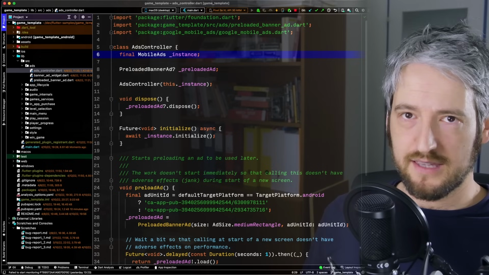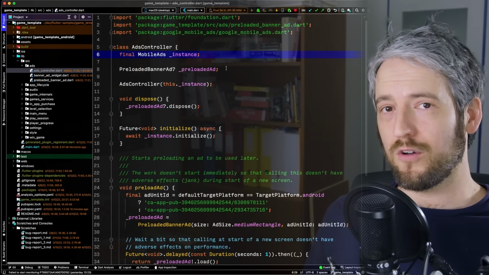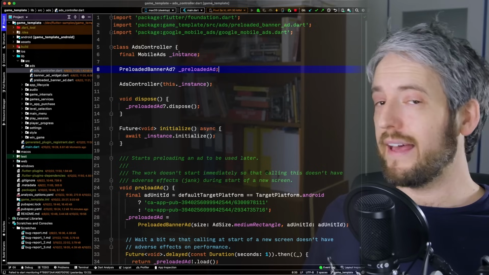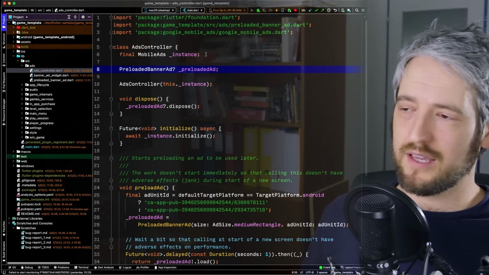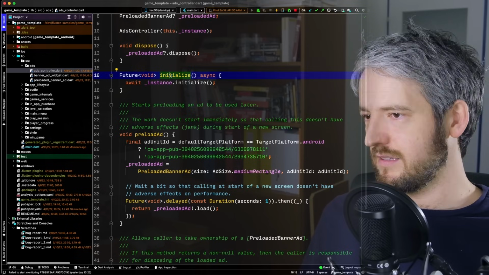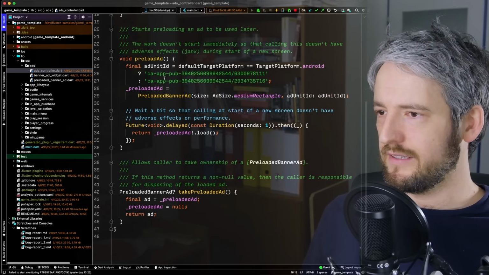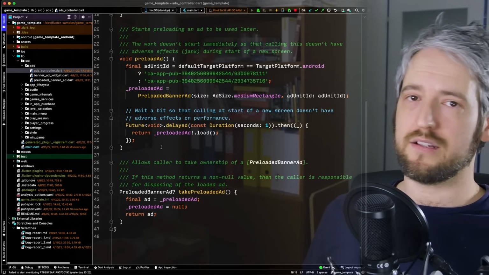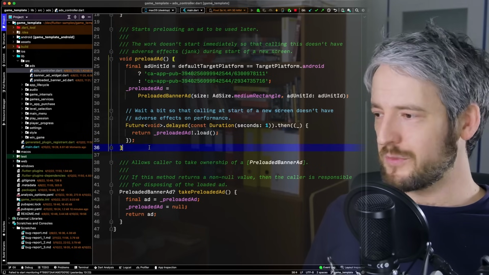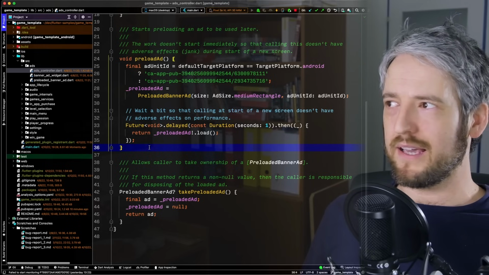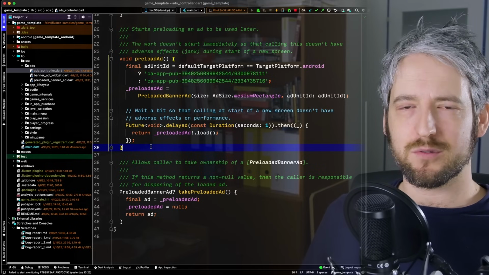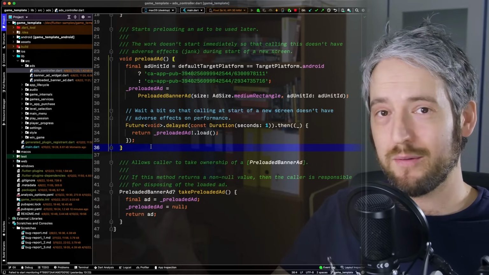that is again provided to the rest of the game, the rest of the app via provider, unless you haven't set it up, in which case it's null. And the ads controller does things like it initializes, it preloads an ad. That is very important. As I learned, if you don't preload ads, then they may take maybe like 3 seconds to actually show up after you show them via the normal,